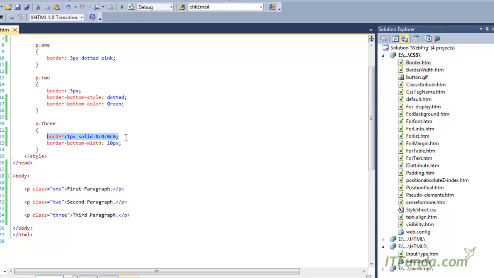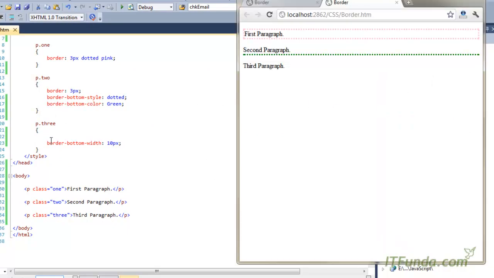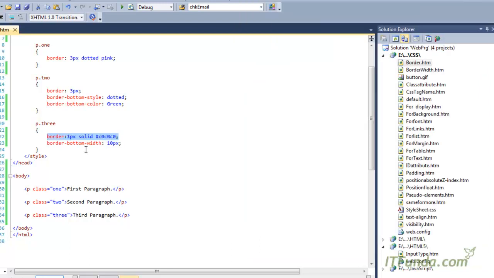But in order to get this width applied, for example, you can see that now when I have removed the border, then even if I have specified border dash bottom dash width, nothing is coming. So that's what I was trying to make the point, that even if you have specified just border dash bottom dash width and whatever pixel, nothing is going to happen unless you have specified the border.